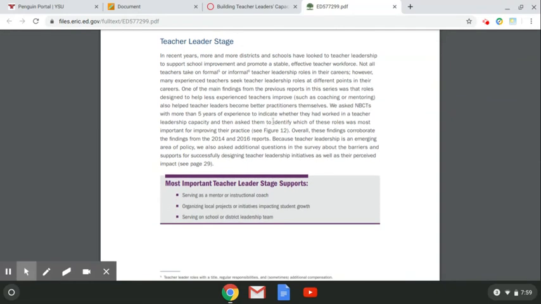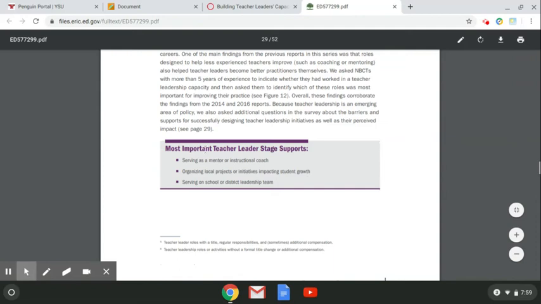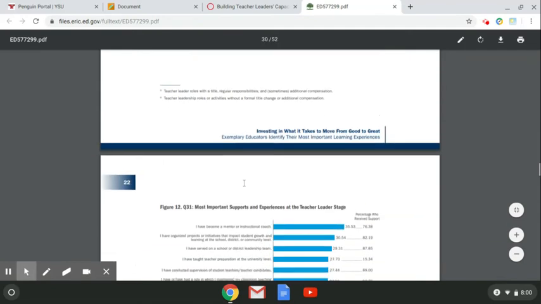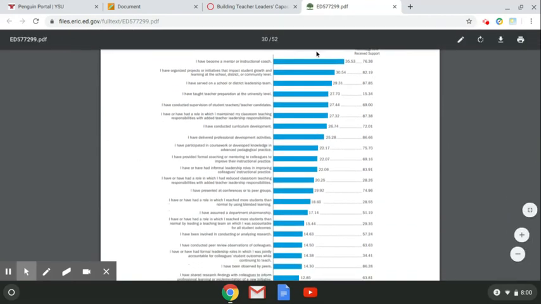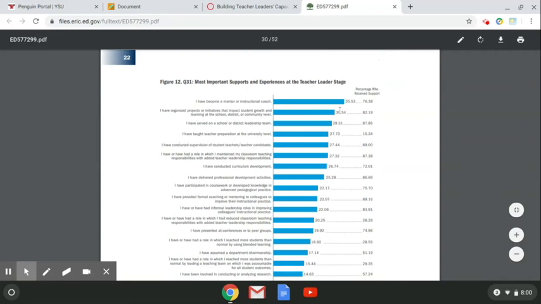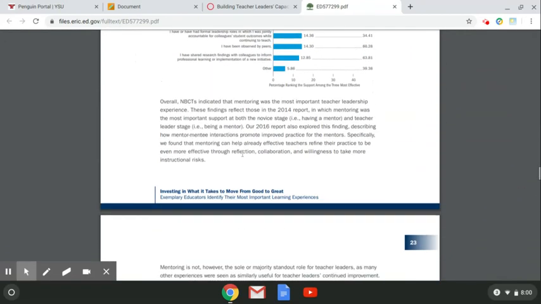They talk about some of the things that go on during this teacher leader stage, which is kind of cool, and some supports that need to happen. They also talk about the most important supports and experiences for people at the teacher leader stage, and some of the things they're able to do, maybe becoming an instructional coach or in curriculum development. And you can see here they have them ranked, the percentage of people who actually receive support in this study.